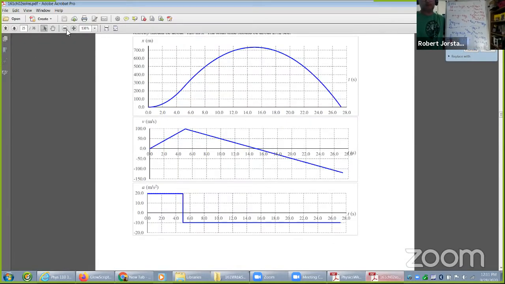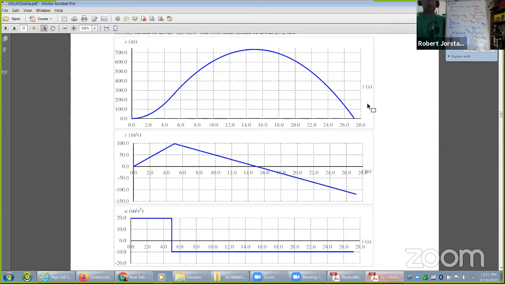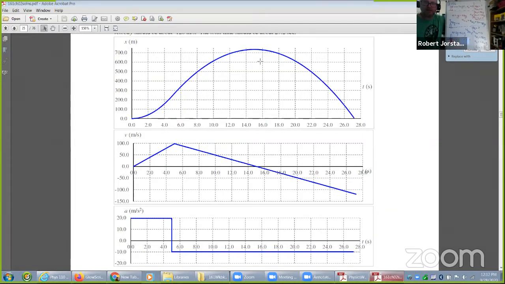So now you can see all of them. Let me make it a little bigger. So that's what that would look like. And notice the key time is right there. So before we see this positive slope,